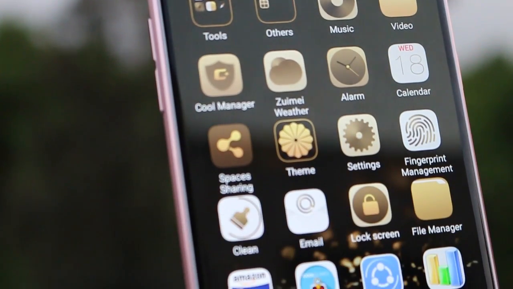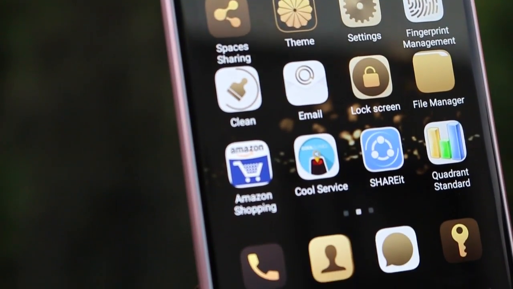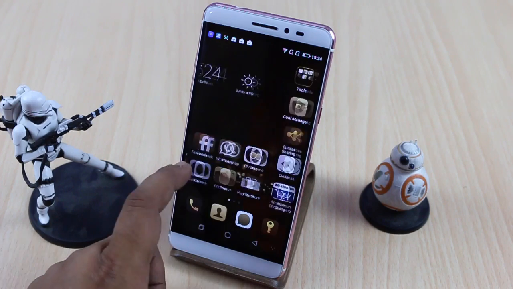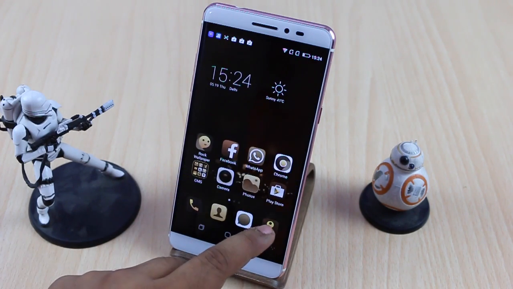Coolpad Max. And these features are part of the software, because software is something on which Coolpad has done very good work this time on the new Coolpad Max, which is their new flagship phone. So we will talk about all these key features, and the first feature I would like to talk about is